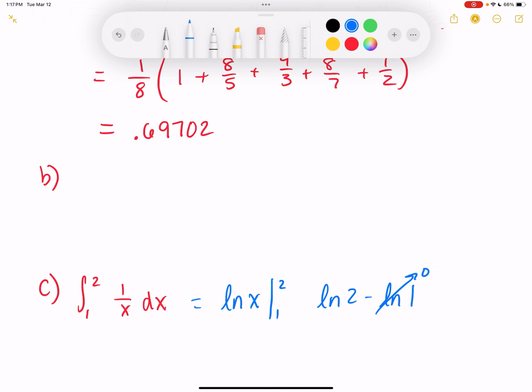It would be 0.69314. So based on that, is this an over or an underestimate? Overestimate. I'm not going to do the error for this one because they don't ask for it, but